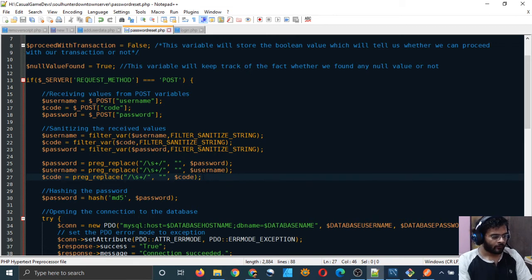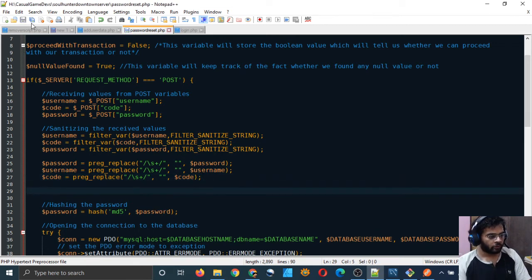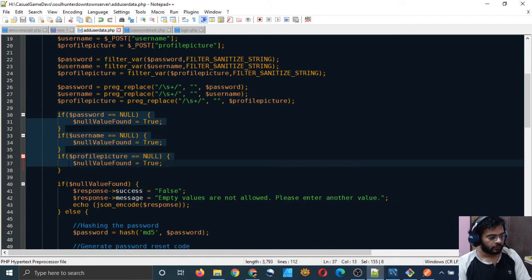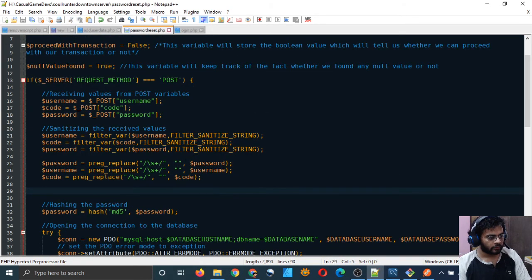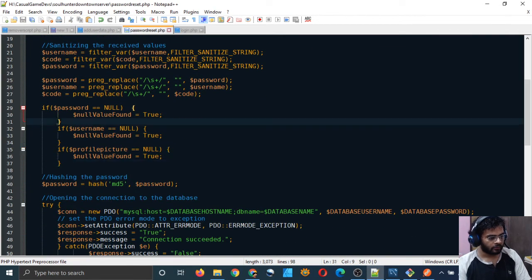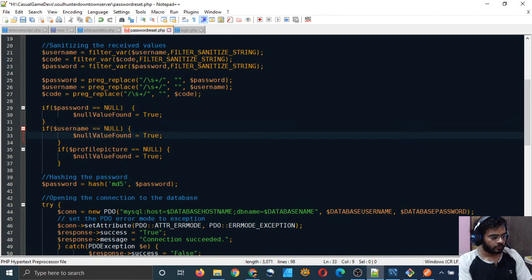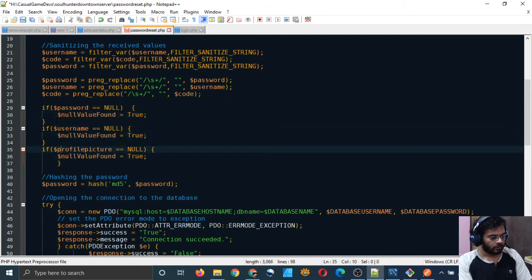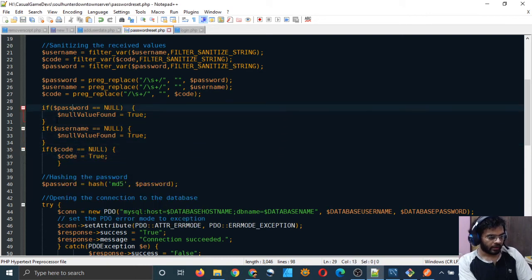Right, and then again we have to check for null for all three. So do this simply and paste it here, and I will just indent it. Instead of profile picture, we are receiving code.